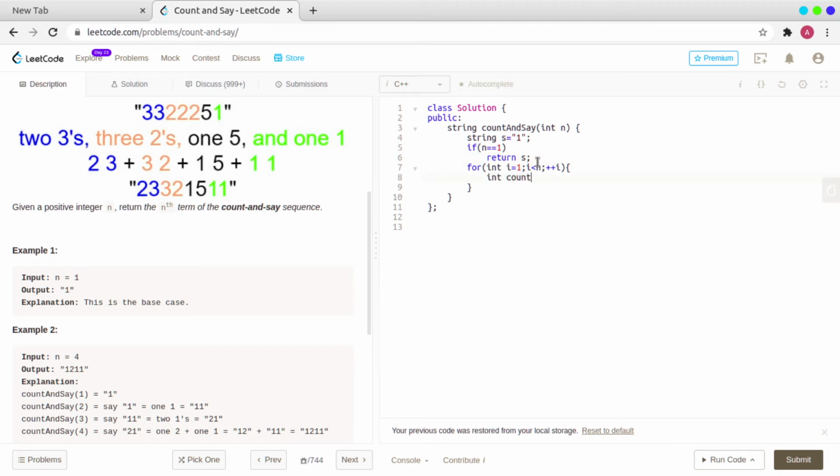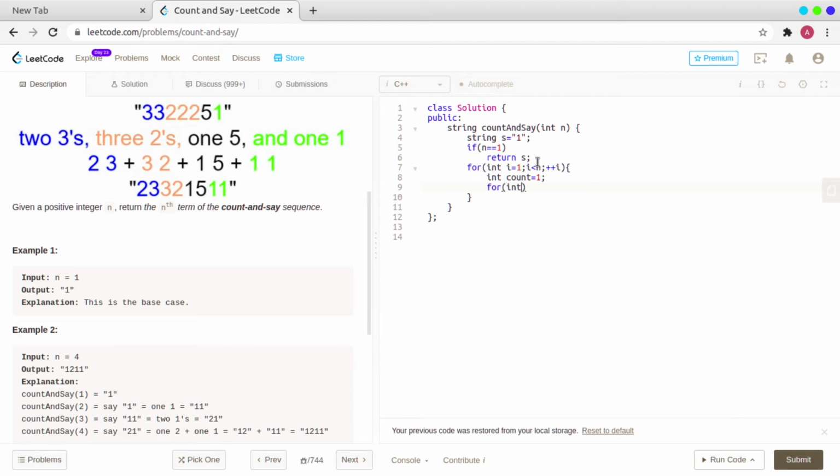This will count the number of occurrences of the characters, basically. This is going to count the number of occurrences of the character that will be present in your previous string, and that is s.